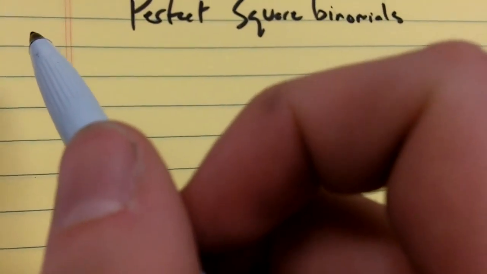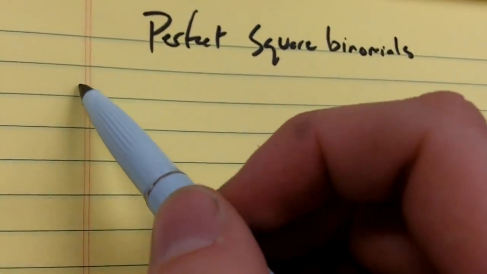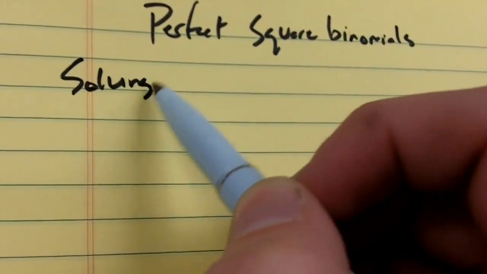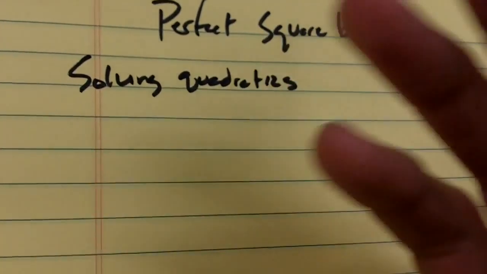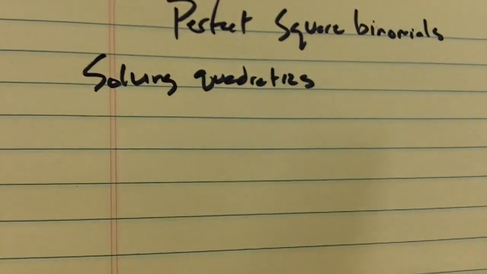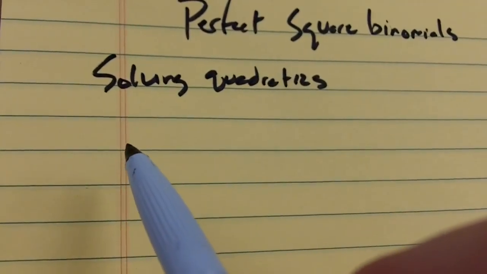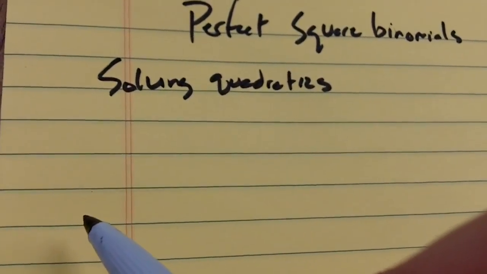Tomorrow in algebra we're taking a test that's going to cover solving quadratics, and we're going to do this by factoring for the most part. There's going to be a couple times where you just take square roots, but mostly we're going to be solving quadratics. Today is mostly a review on solving quadratics, so I'll do a couple homework problems on solving quadratics